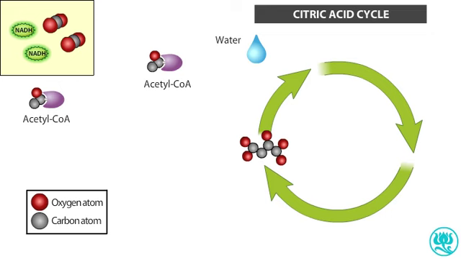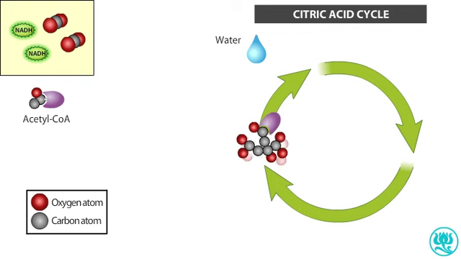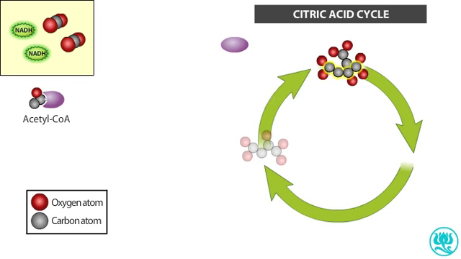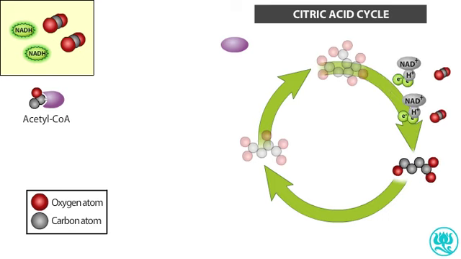The first outcome of the citric acid cycle is the production of a molecule with 6 carbon atoms, 4 from oxaloacetate, and 2 that originated from glucose. This 6-carbon molecule is rearranged by the removal and then the addition of water. Another important outcome of the citric acid cycle occurs next, when the molecule is stripped of 2 molecules of carbon dioxide, which are exhaled. At the same time, high-energy electrons and protons are donated to molecules of NAD+, creating NADH